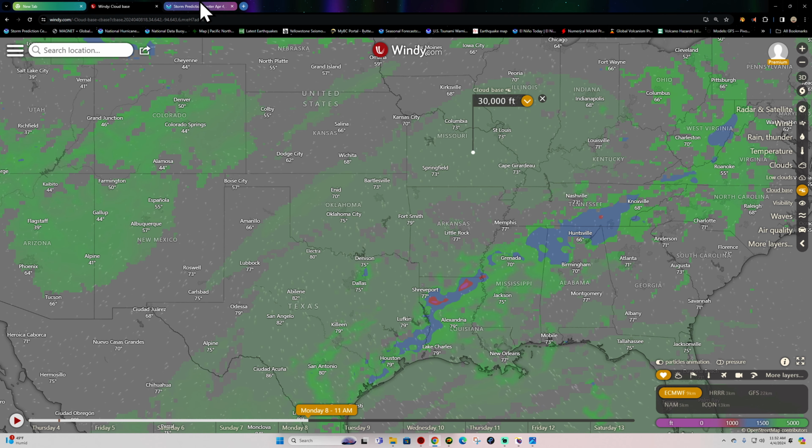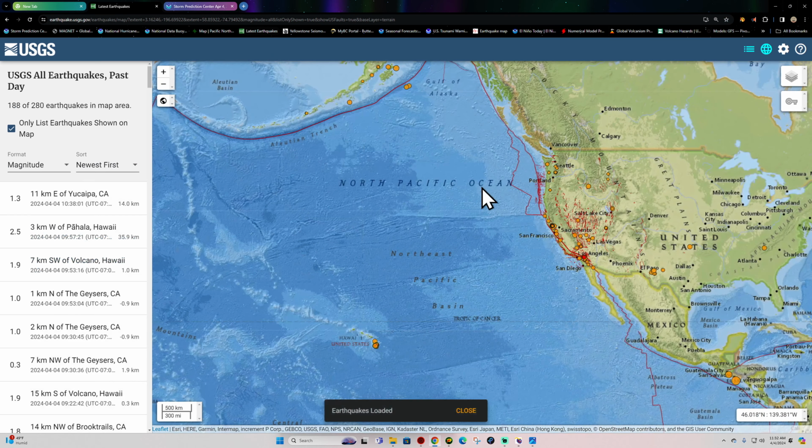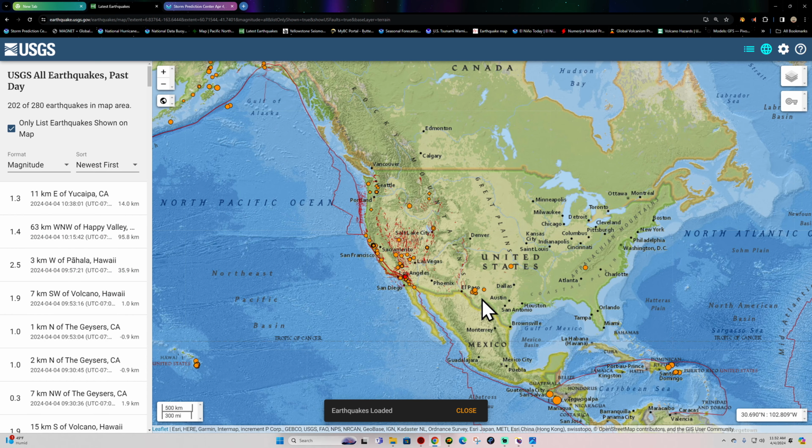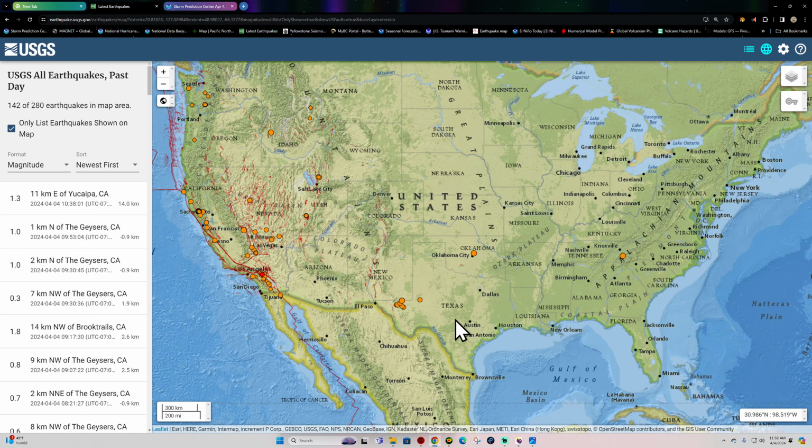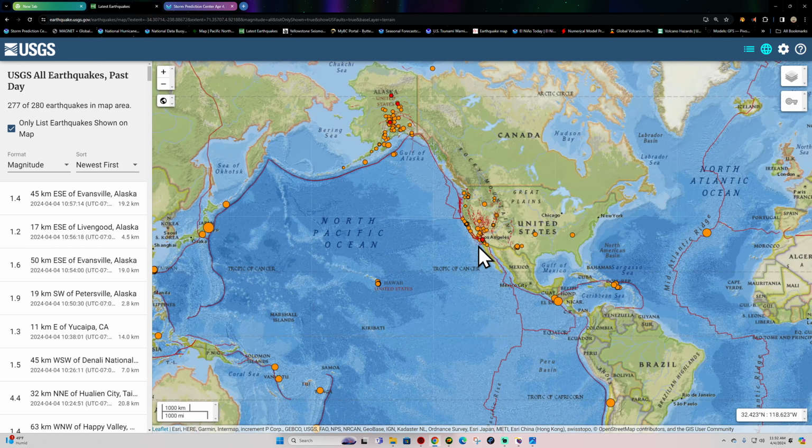Each model run is going to be more consistent here, folks, on where to potentially set up. But right now, goodness, it just doesn't look good anywhere out here unless you're out around maybe the Arkansas area, Illinois, Indiana. We'll check back on that a little bit later.